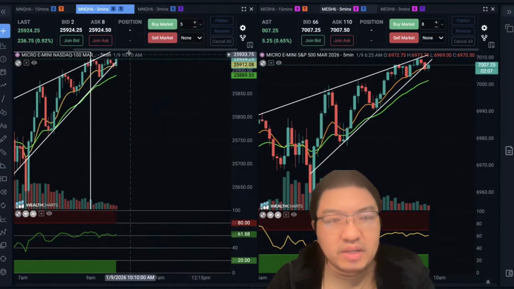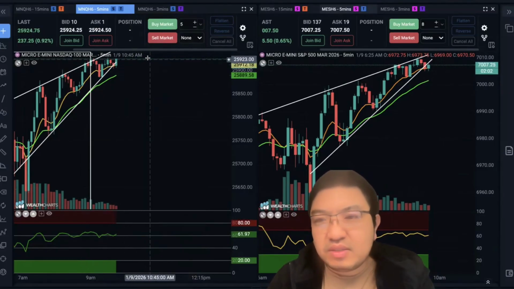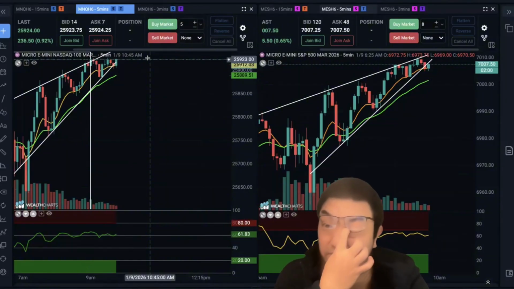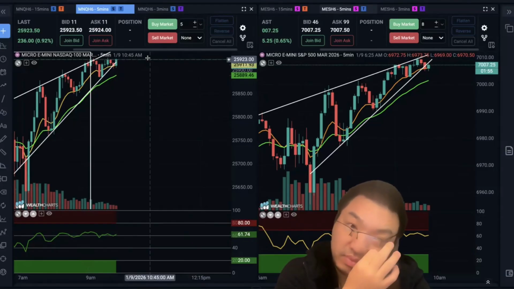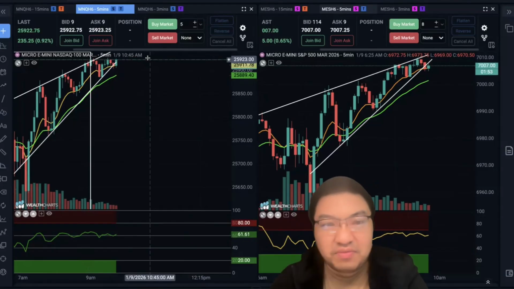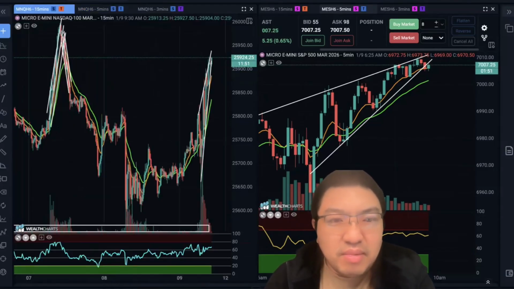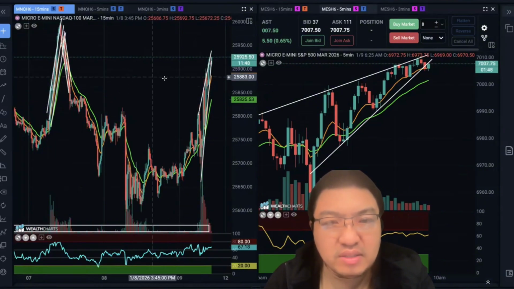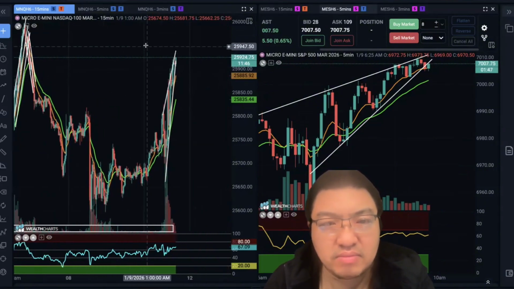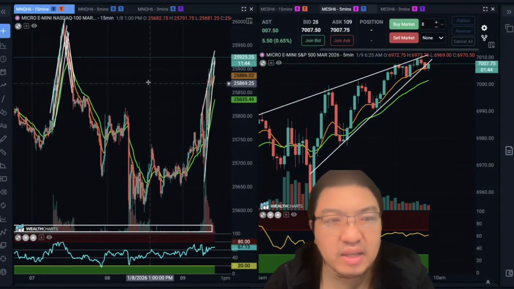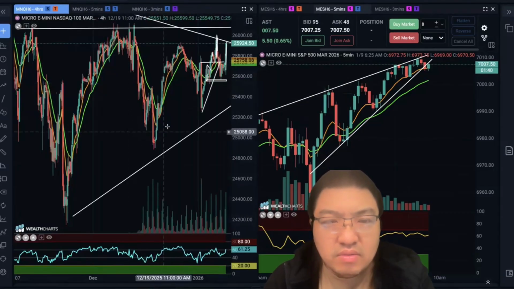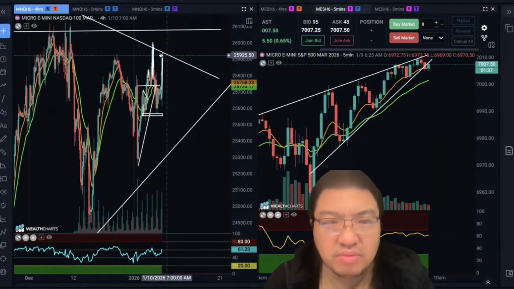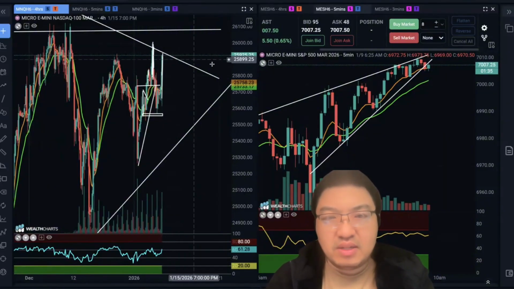It's like a triangle sideways. If it breaks out, then I will probably go long from here. I'll see ES. For now, the EMA line defense is still holding, but a little bit intimidating because, yeah, you see the 4 hour line is almost touching the